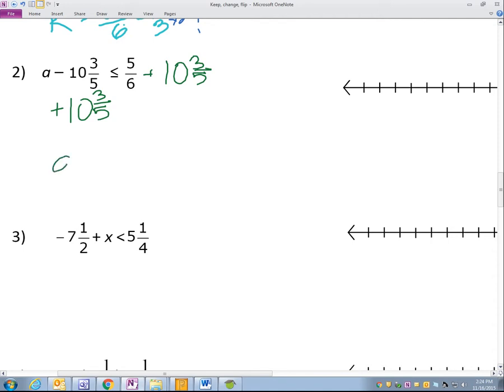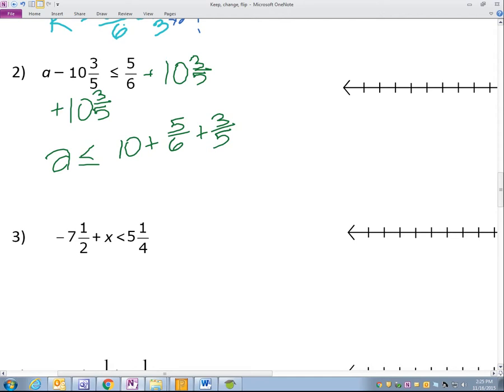Now with this one here, since we're adding, I'm going to pull that 10 out. So that's 5/6 plus 3/5. Since we're adding, I know that it's going to be easier. Adding is easier than subtracting. That's why you learn it before the other. So with that, I'm going to pull that 10 out so I don't have to make a ridiculously huge improper fraction. So I have to find the